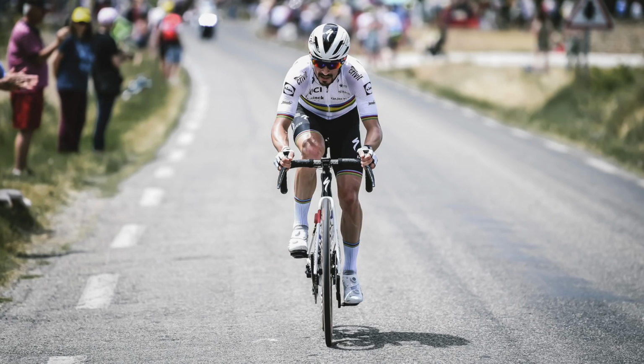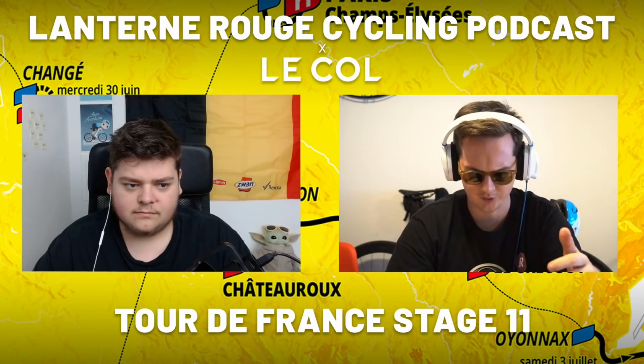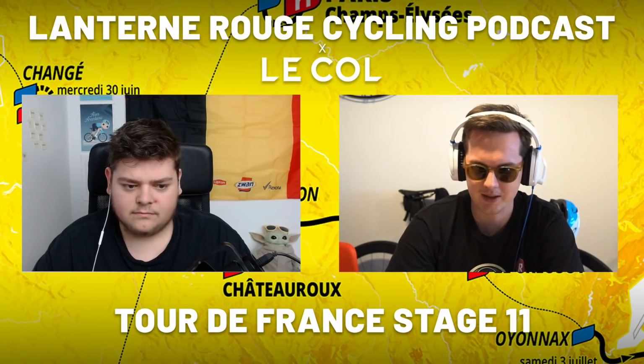Alaphilippe's attacking, takes the intermediate sprint with a huge effort. I didn't really understand that because Colbrelli and Matthews weren't there, so it wasn't really necessary to attack like that. Martin was following him, and the minute it happened, I said